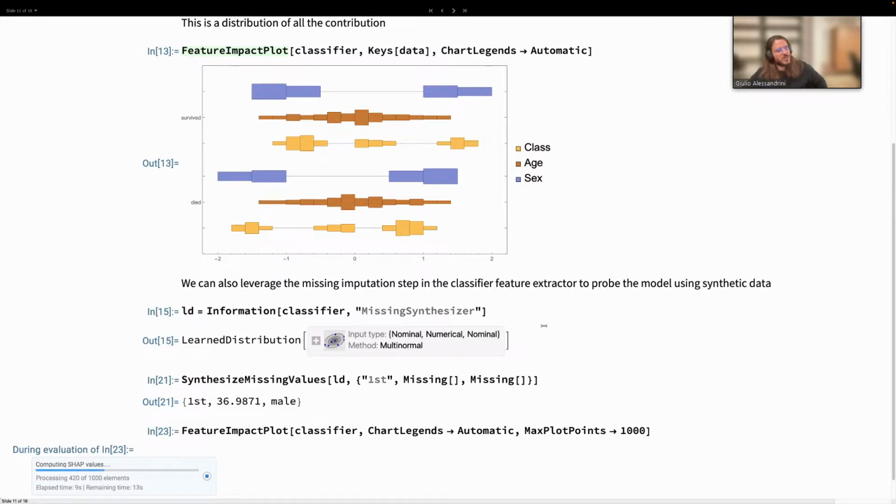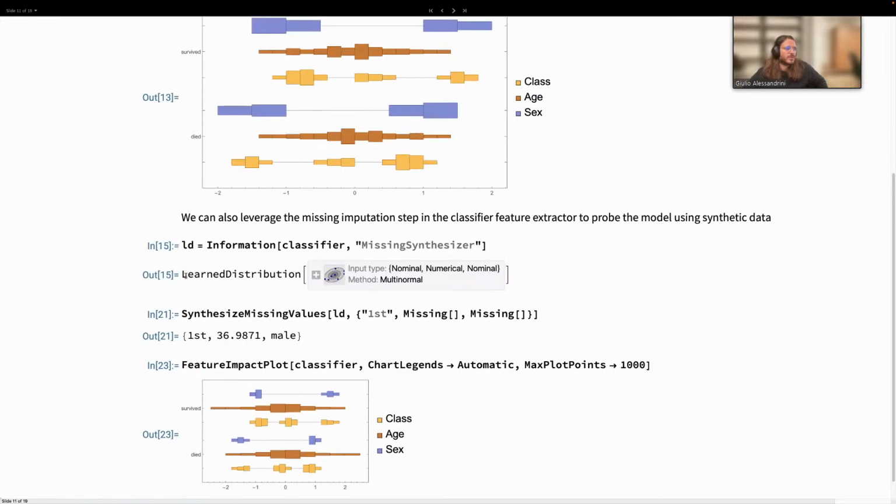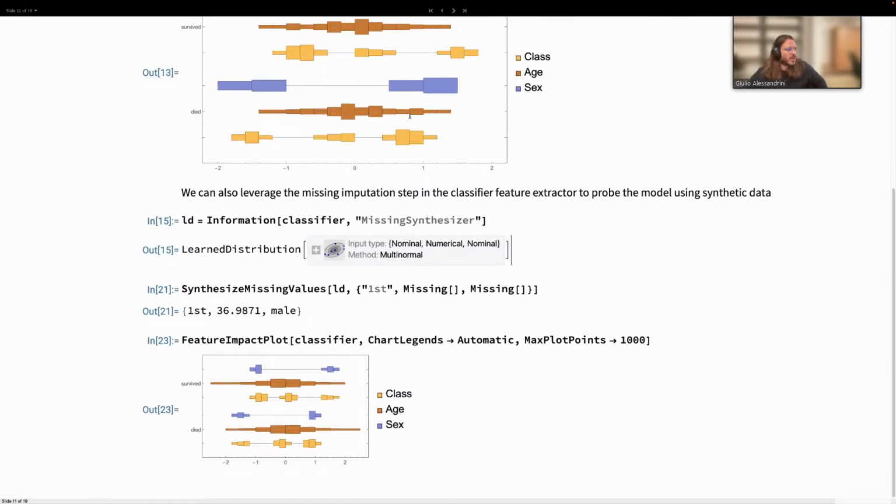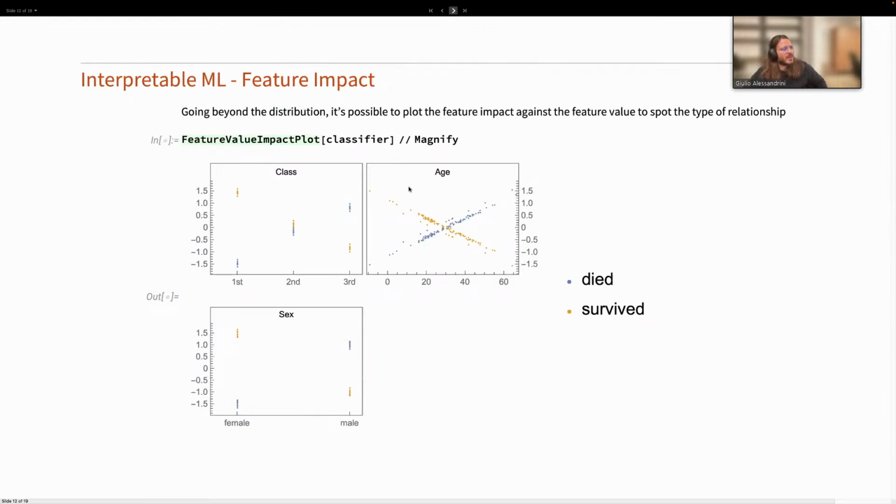But in most cases you should, unless your data has a very weird distribution and we were not able to model that correctly. Of course, always in the spirit of being able to fine tune things, you can also pass a distribution to the classifier before the training, and this way you have full control. Okay, but this is just a distribution of impacts. What we want now is to dig deeper, and here I already pre-computed